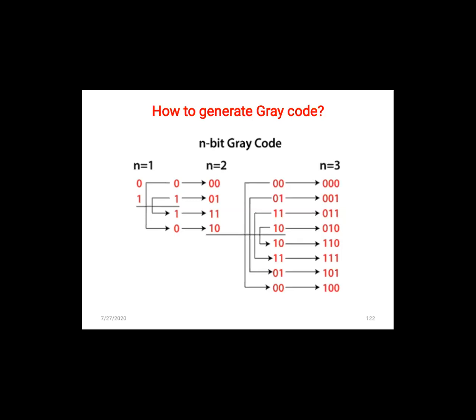Now you go to n is equal to 3 wala column. So all 3 0 0 0. Next step you change one bit. तो लास्ट So 0 0 1 हो जाएगा. And then फिर उसके बाद 0 1 1. Then you are making it 1 0, so 0 1 0. Then 1 0 you keep as it is.